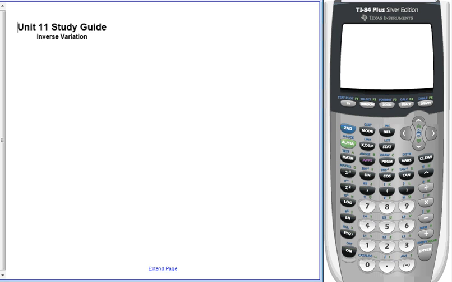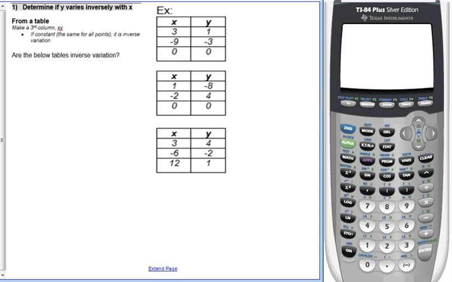This is a review of Unit 11 Study Guide, Inverse Variation. So you need to be able to determine if it's inverse variation from a table, a graph, and an equation. So if you are trying to decide if something is inverse variation from a table, you are going to make